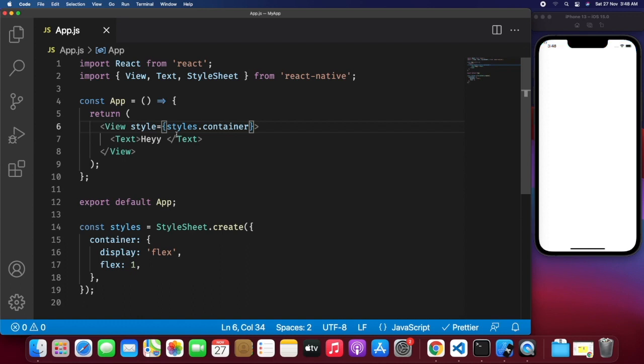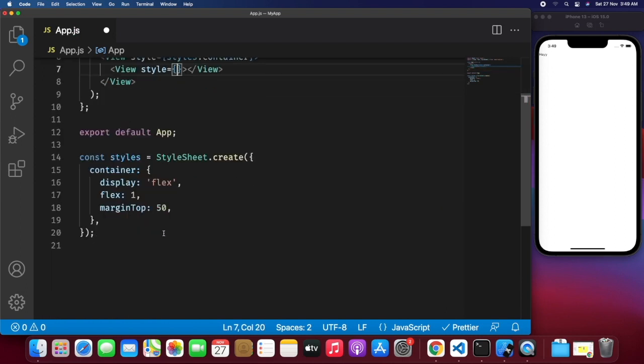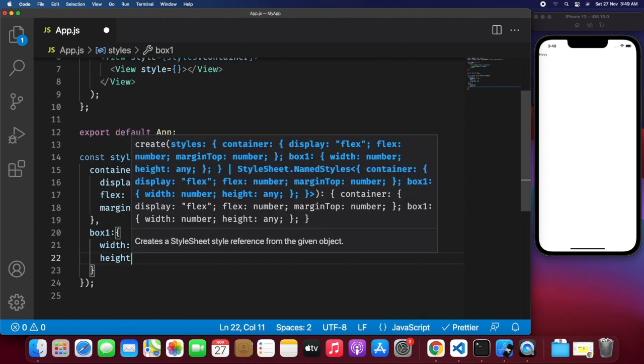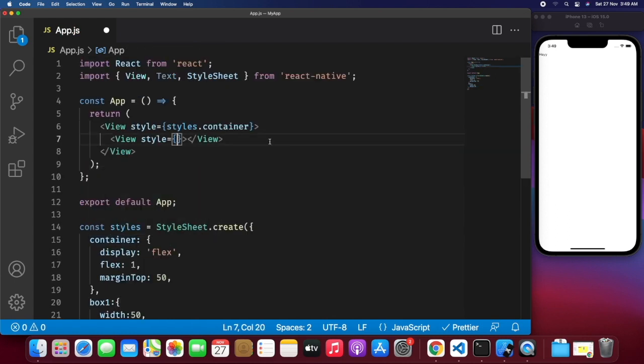If you look at the top of the screen, you can see the text we gave is aligned at the top of the screen. So we can give some margin at the top, marginTop 50. So all the content within the container will keep a margin from the top. Then I am going to create boxes within the container. So create a view and let's give a style prop, style equals name of the class. Create a class box1, give a width of 50 and height 50. Then inject this styles.box1 to this view,